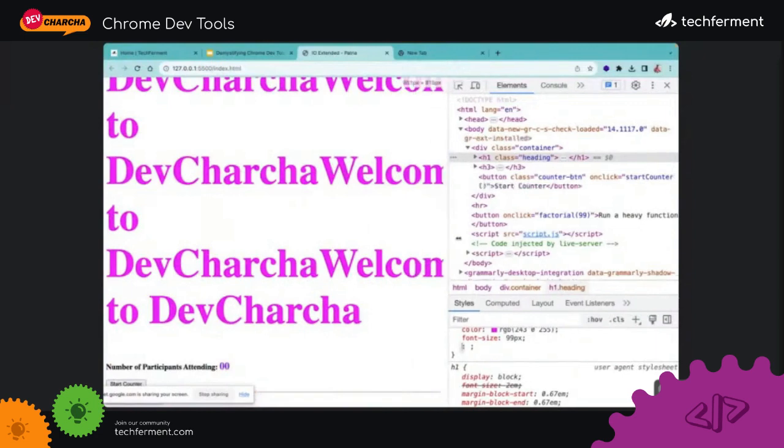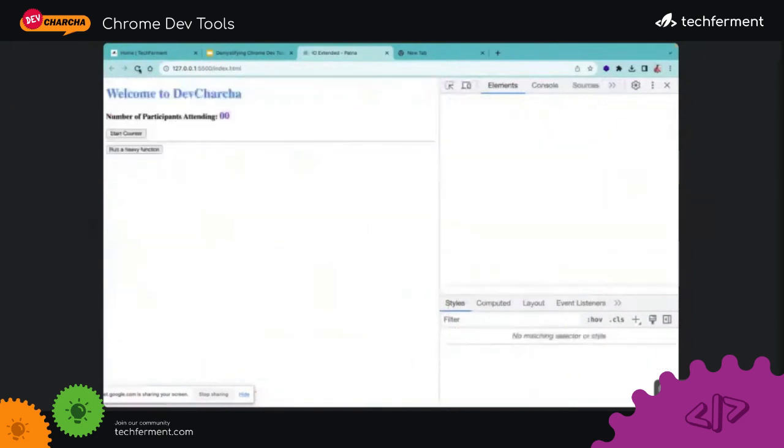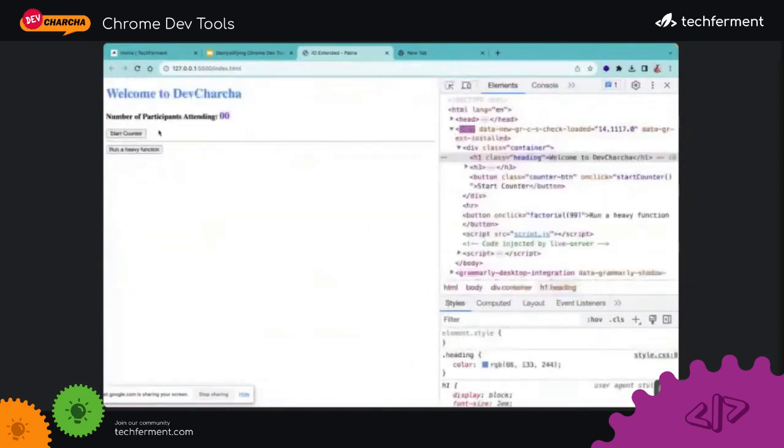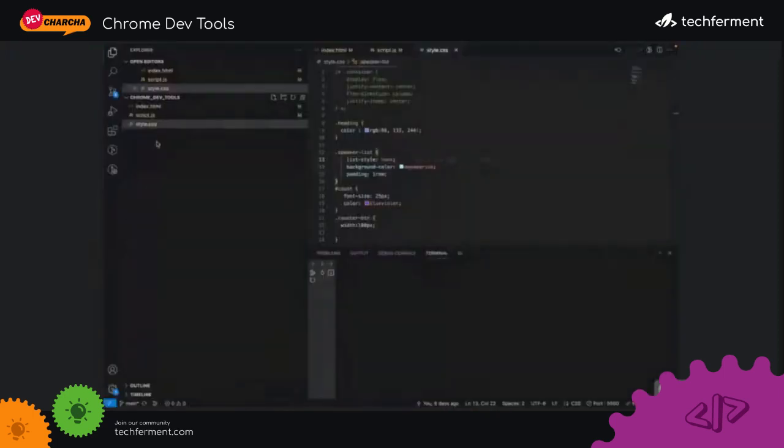Now let's come to the JavaScript part. Let me refresh the page a bit so it resets. So we have two buttons: start counter and run a heavy function. So start counter is this. If I go into the code and go to JavaScript,